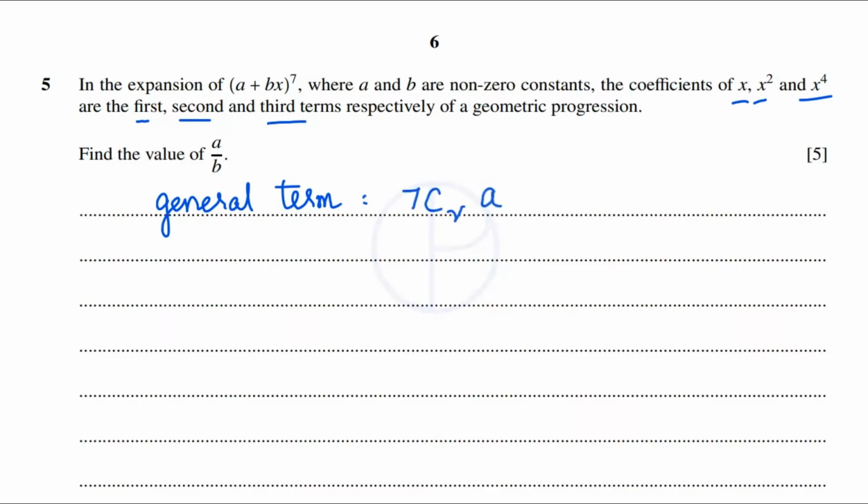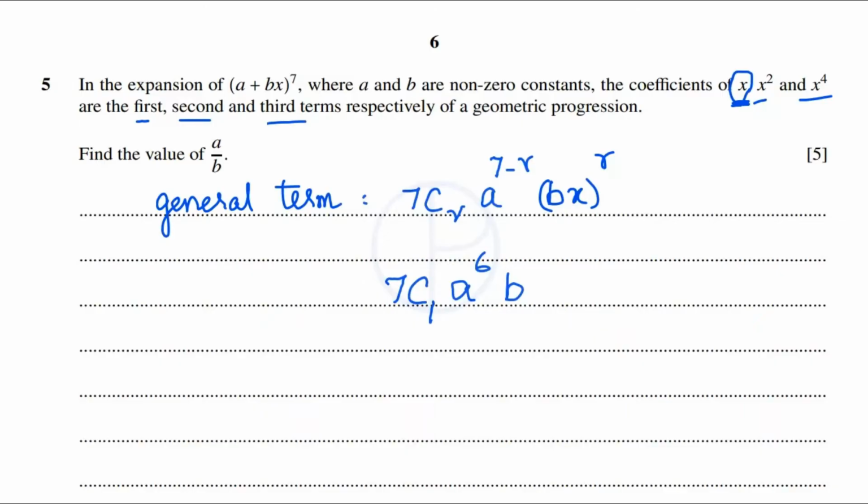7Cr a power n minus r, which is 7 minus r, and b power r. So to get the coefficient of x, we have to take the r value as 1. So we get 7C1 a power 7 minus 1, which is 6, and b power r, that is b power 1. That is the coefficient of x, and it's given that the coefficient of x is the first term of the